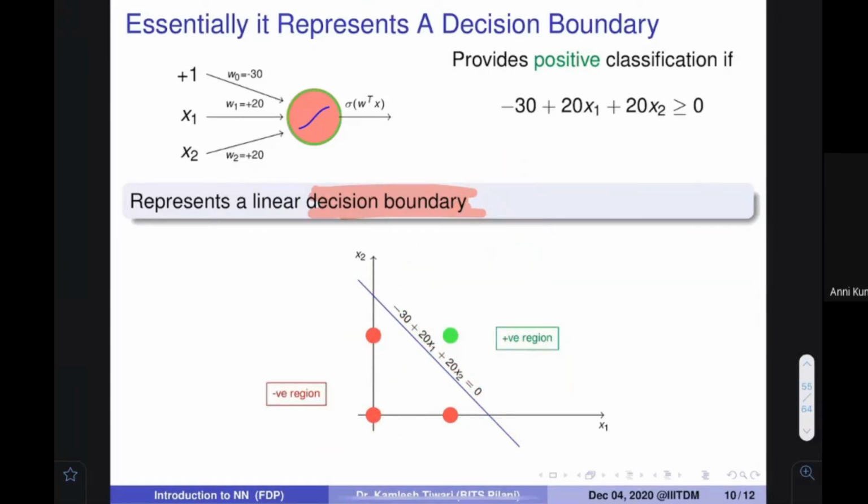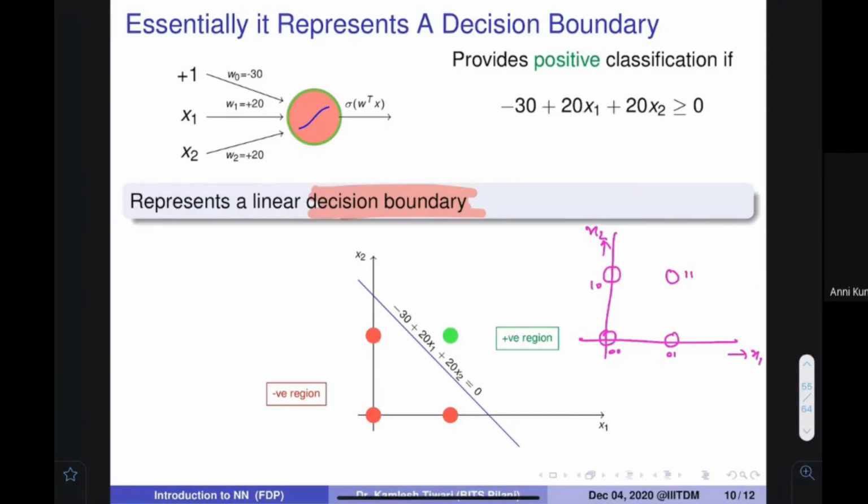Any question on this? So what I wanted to tell you is this. Please try to understand this. It is a simple fact that, as I was telling, let's assume this is the point 0, 0. If it is x1, it is x2. Okay, 0, 0, 0, 1, 1, 1, 1, 0.